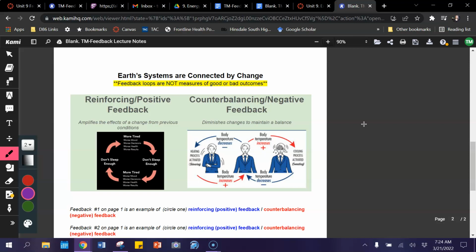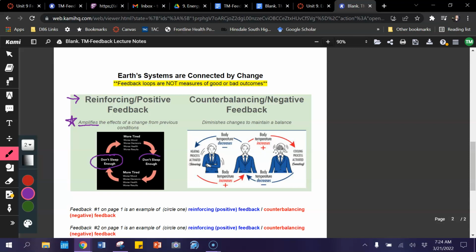So let's take a look at that. Our picture that we have here on the left is an example of reinforcing or positive feedback. And this is what reinforcing or positive feedback loops do. They amplify the effect of a change from previous conditions. And if we take a look at our picture of the loop that we have here, you'll notice that